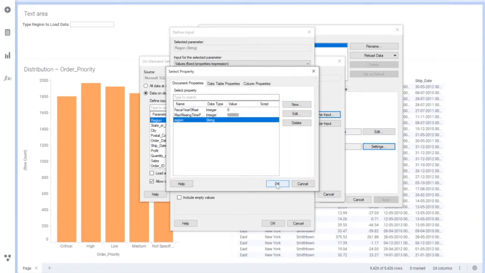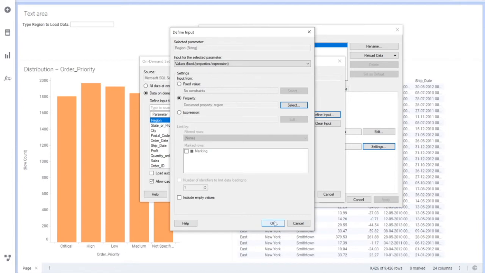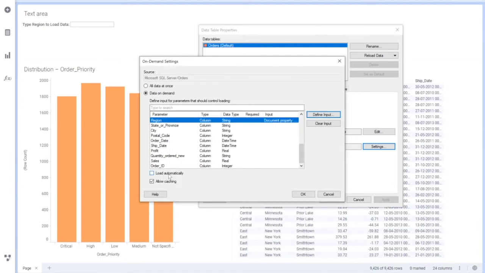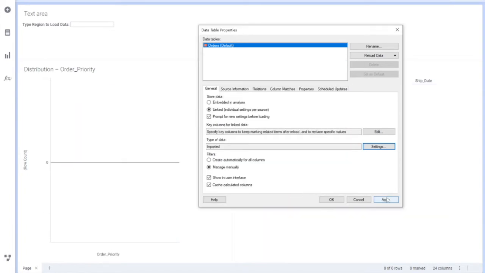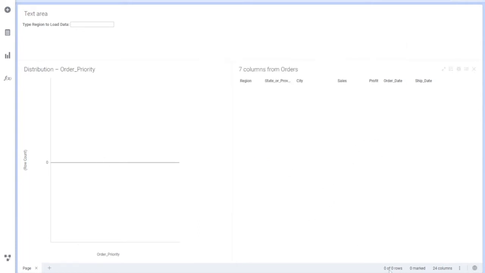Say okay. I have selected region value, and say load automatically or allow caching. Load automatically and allow caching means it allows your data to be loaded automatically if you have checked it, and data will be cached for the time being, and whenever you save this report, it will show you the same data. If you don't want this, then no data will be showing up here. So load automatically, I'll check this option, say okay. As soon as I have selected okay, you can see that all data is gone. There is no data here, 0 of 0 rows.